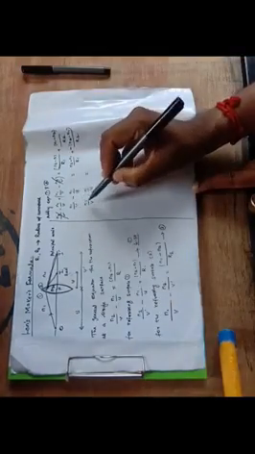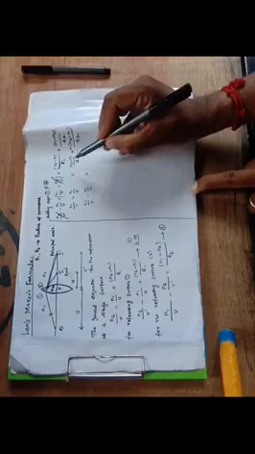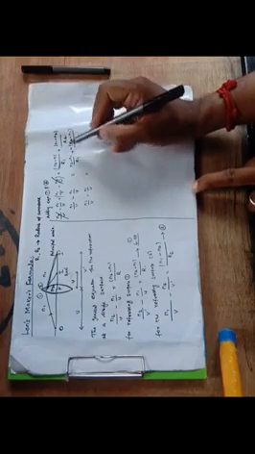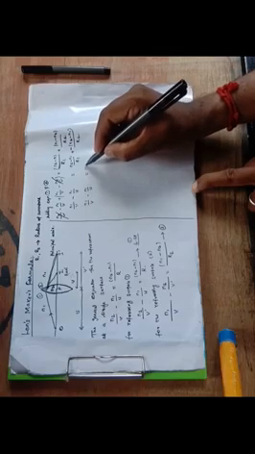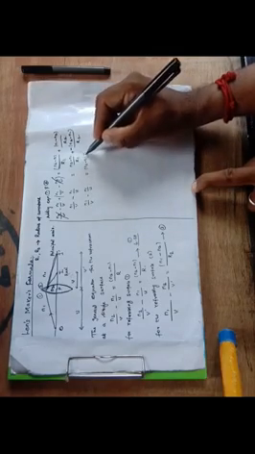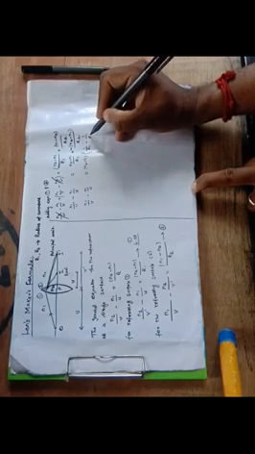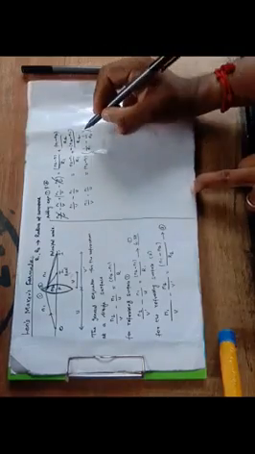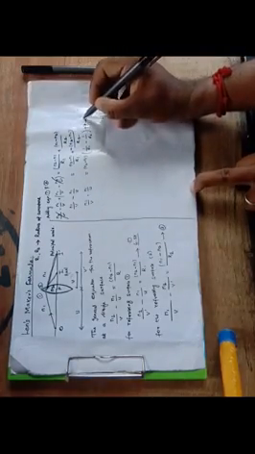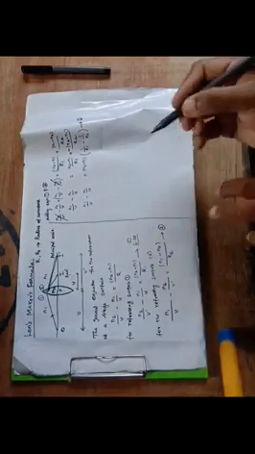Students, so N1 divided by V minus N1 divided by U is equal to, here N2 minus N1 is common, so it will be taken outside. N2 minus N1 taken outside, what remains is 1 divided by R1 minus 1 divided by R2. Students, this is equation number 3. From this equation